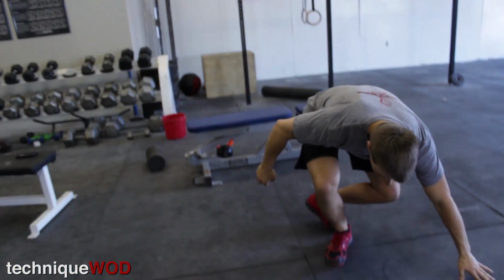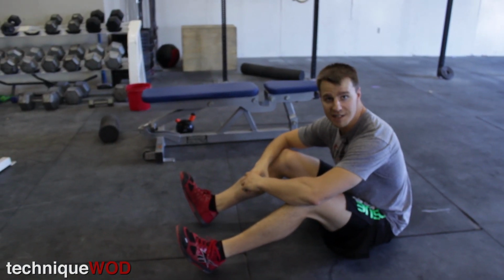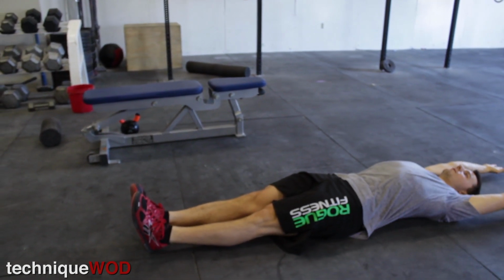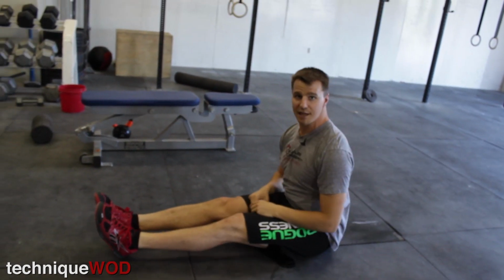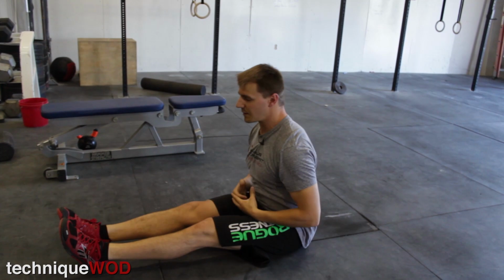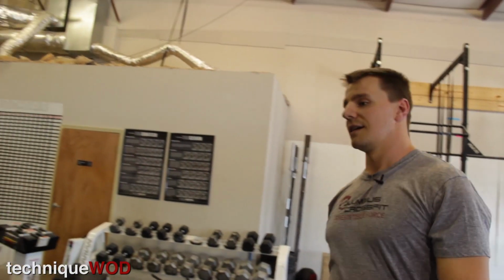The thing I like to do first for the level 1 progression for a GHD sit-up is just to do a straight leg sit-up. So I'm here, I would reach overhead, ribs down, and then I would just do a full sit-up where I'm sitting all the way up just like this. Touch overhead and come all the way up. If you're a high-level athlete, it's a pretty easy one. Level 2